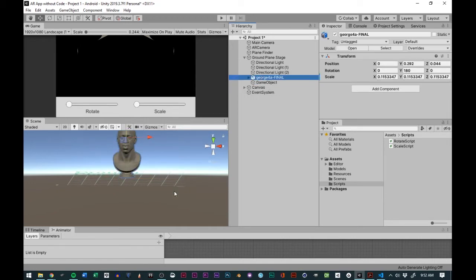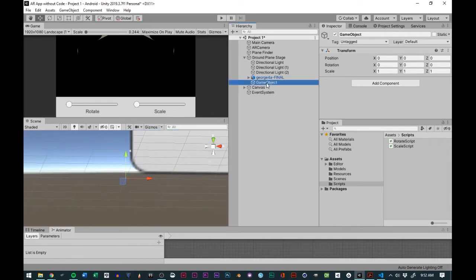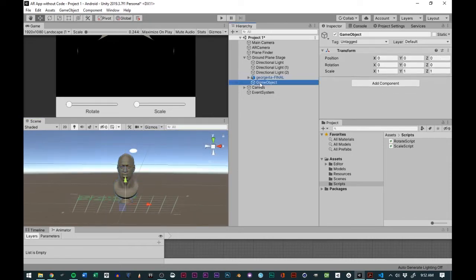And so you'll notice how when I click on the model, the center point is at the top, pretty much in the center of the face. But if I have the game object, we'll have this in the center. This stays in the center of the actual ground plane, which makes things so much easier. And so now we'll name this game object